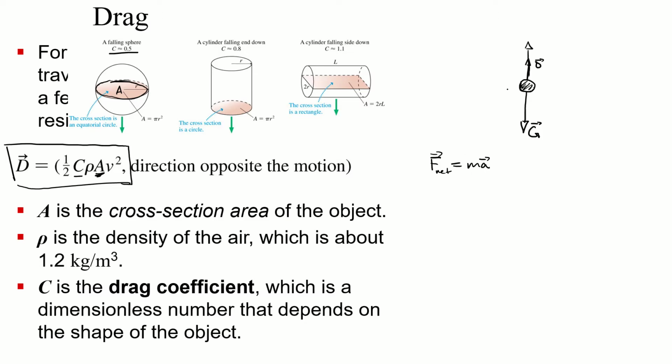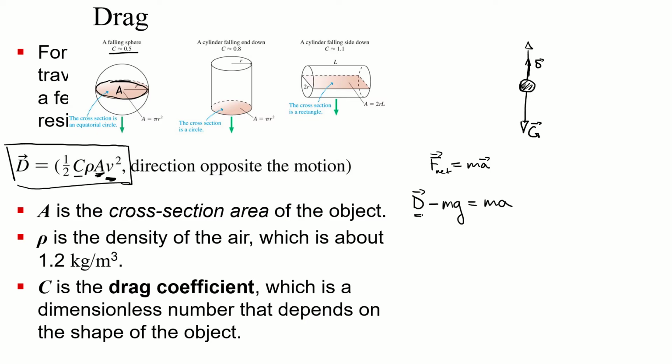And in the y direction, the direction where we have all our forces, this means we have drag going up, and then minus the force due to gravity, which we learned is equal to m times g. This is going to be equal to mass times acceleration. And at first, this drag term is really small because this velocity in our model is really small. So there's hardly any air resistance, and we're accelerating close to, well, initially at the acceleration due